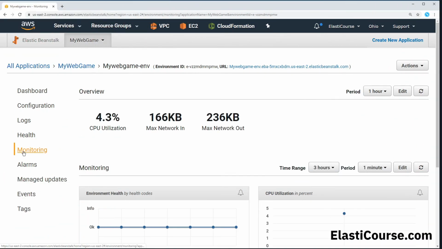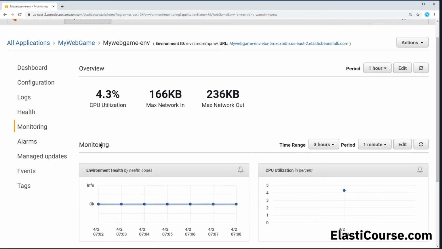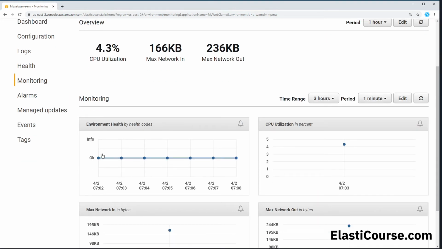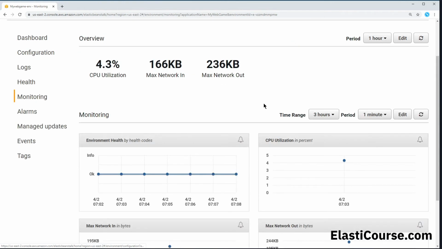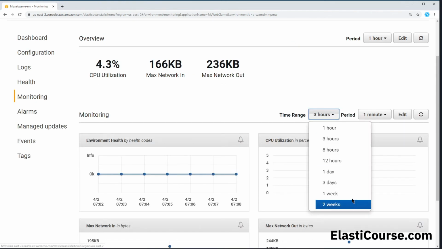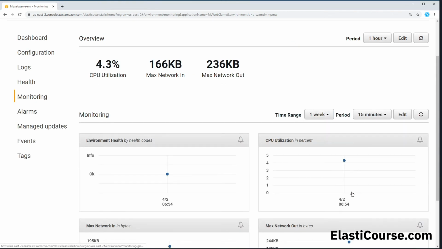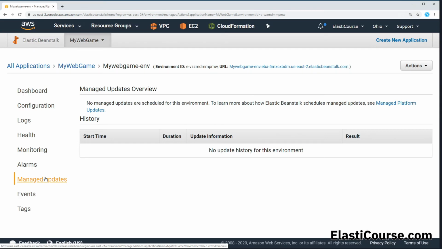And next we have our monitoring, which shows us something similar to CloudWatch, which shows the CPU utilization, network in and out, environment health status over time, and we can also change the time range on these to show a longer period of time. And next, our manage updates, and this would show us all the updates that has been